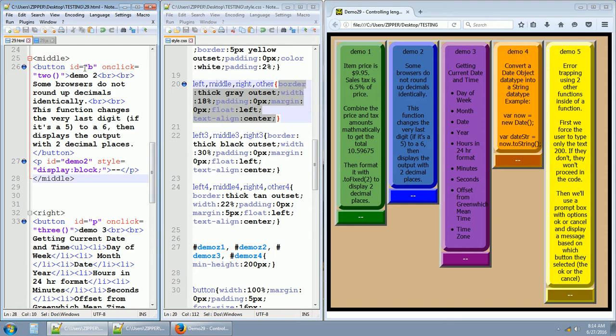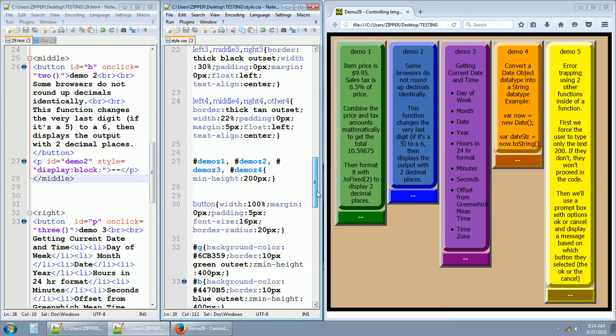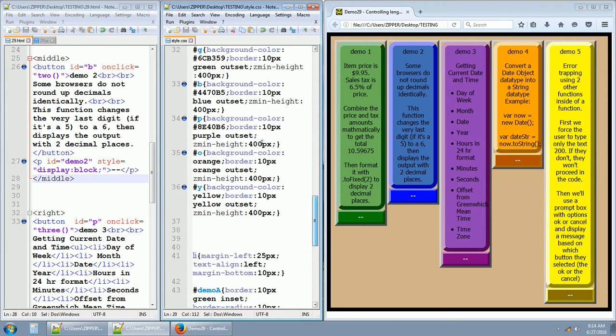Button with the ID of B, I already went over all that again. Here's the ID of B, the button. Now we're talking about this button with the blue background. We gave that button an ID of B, and so the style is background color pound 4470B5, which is this light blue, border of 10 pixels blue outset, and then again I Z'd out the minimum height of 400 pixels